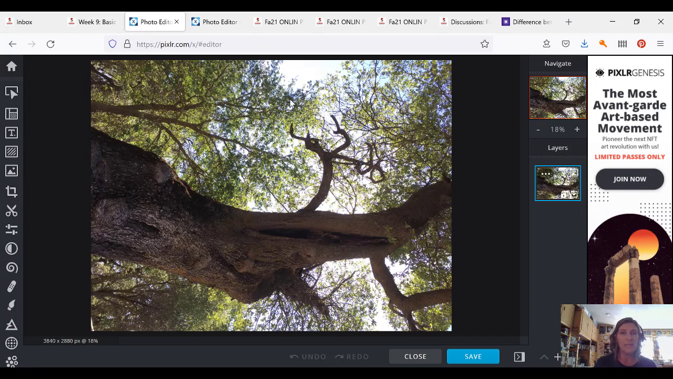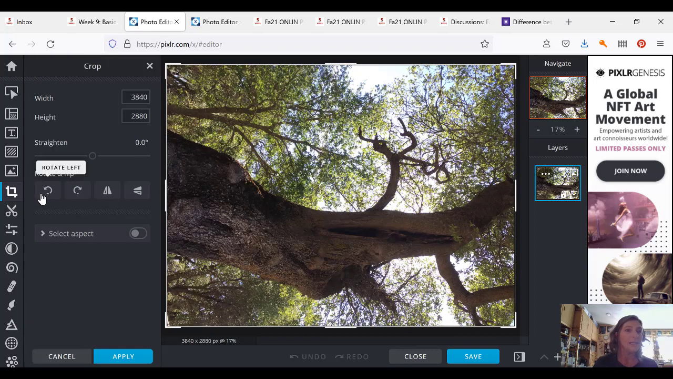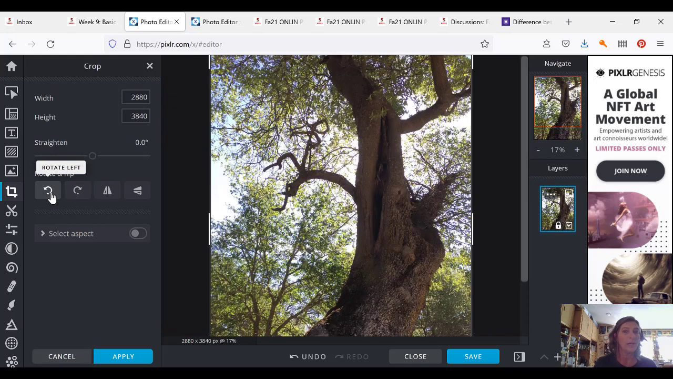You can see that my image is sideways. So the very first thing that I'm going to want to do with it is come over here. This little tool right here says crop and rotate. And that's the first thing I'm going to do. So I just click on that, and this gives me a chance to rotate it one direction or another. And then I'm also going to want to make it,